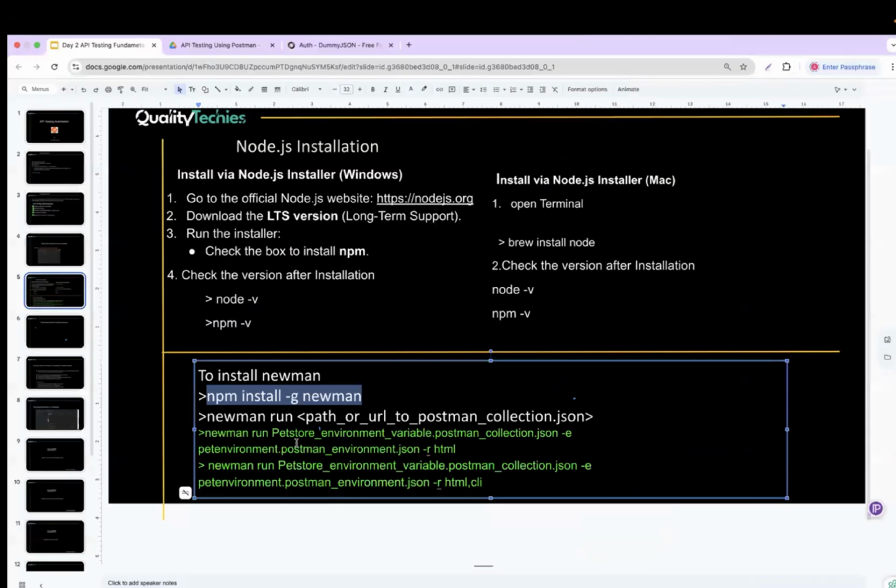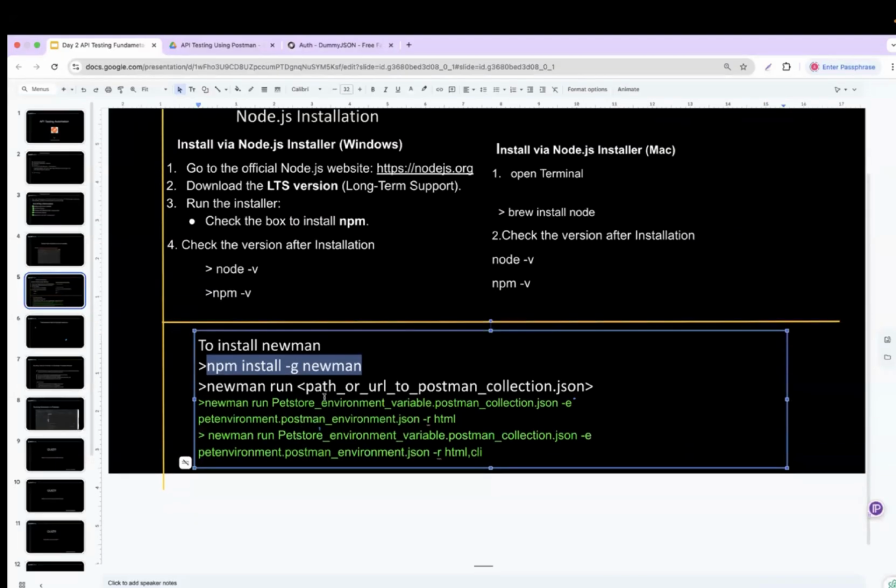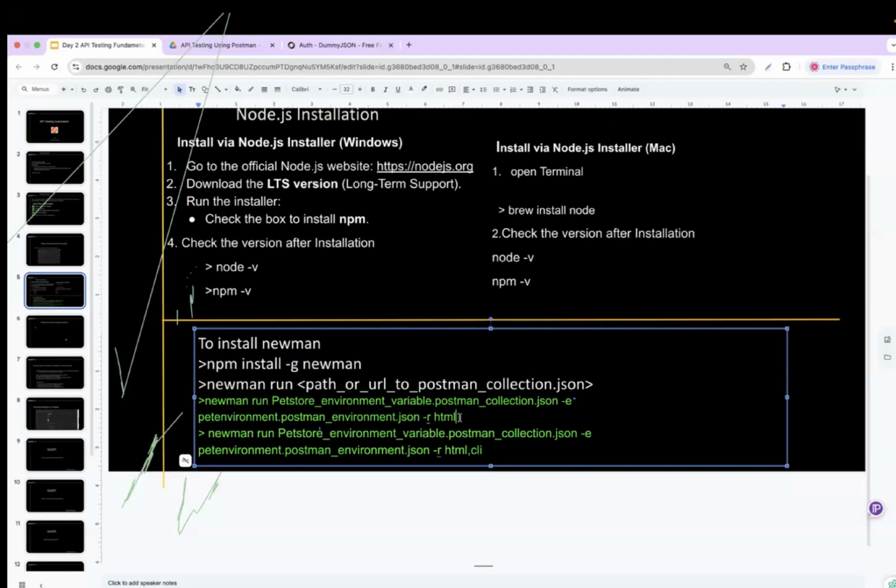So moving on. The command for Newman is newman run, the path of your Postman collection .json. Then if you have an environment, then hyphen e, the environment. All right, so I'll copy this for you. If you run this command, this command will work exactly for you if